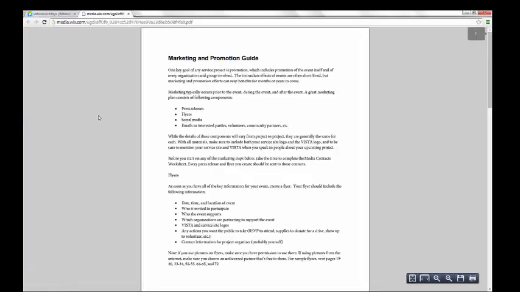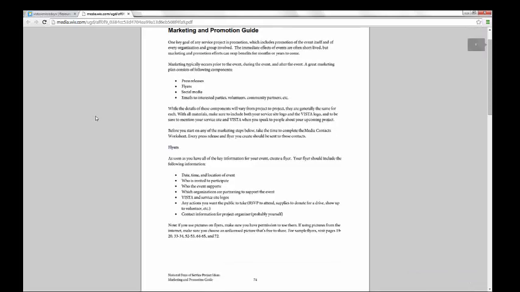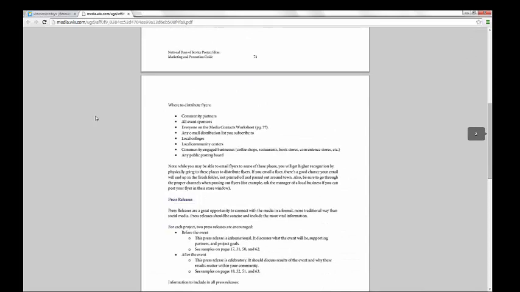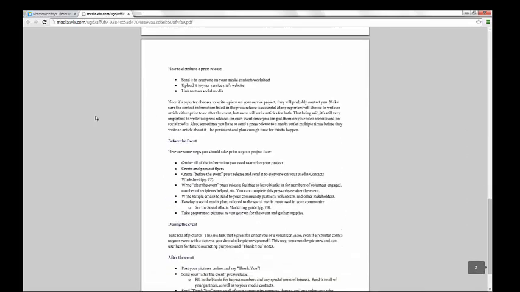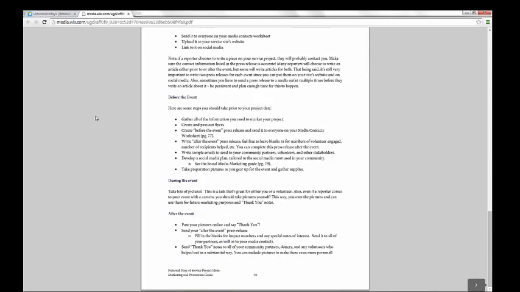And each of the 5 major projects that we outline follow the same guidelines when it comes to writing and distributing press releases, as well as designing the flyers. So this section gives details on information that all of the marketing materials should include, as well as where and when to distribute the pieces. And like I said, while this information is targeted specifically at National Days of Service, it can also be applied to marketing any event that a VISTA is planning.